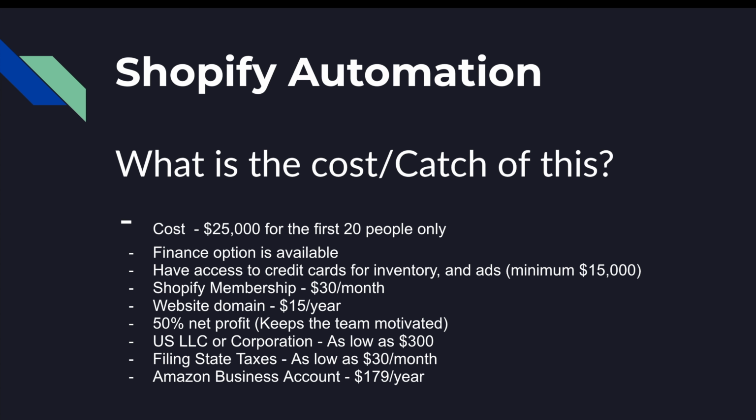And another thing that we do to make sure this business model is efficient and effective, and to make sure that our team stays and will keep staying motivated, is that we ask for 50% of net profits. And that 50% would go to our team to pretty much say that the more high quality work that they do, the more money they put in your pockets, the more money that they will have in their pockets.